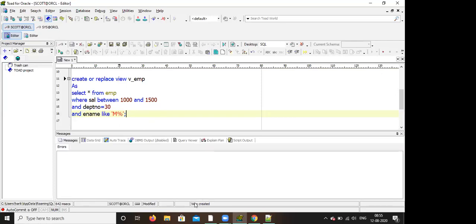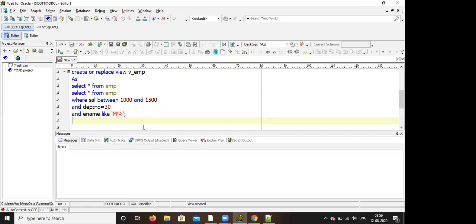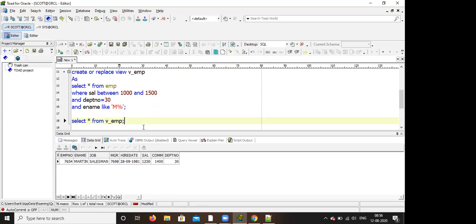Now you can select star from v underscore emp. Okay, good. So here you can see no need to write the whole query, just write select star from the view name.